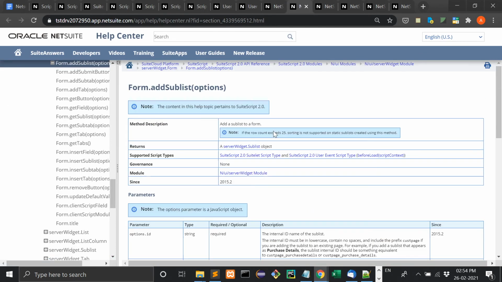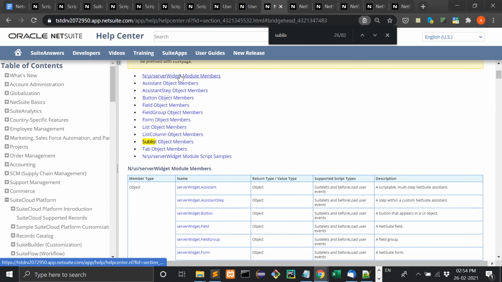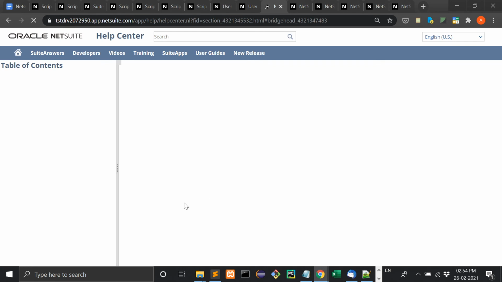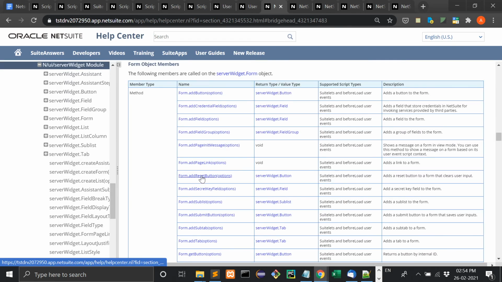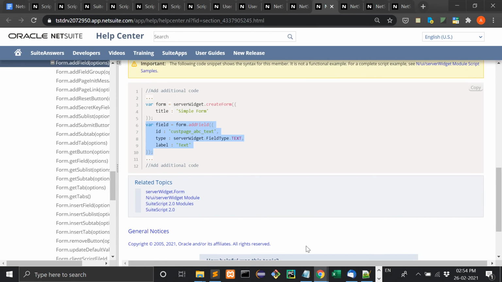You will be redirected to here. Now whatever you want to add in your form, you just click here, see the details, and then copy it in your JS file.